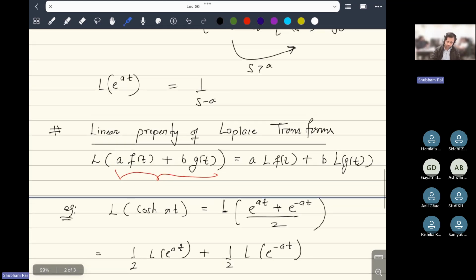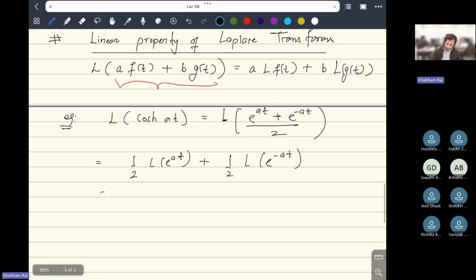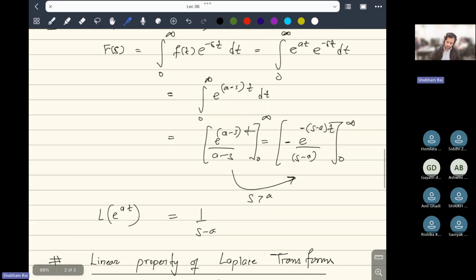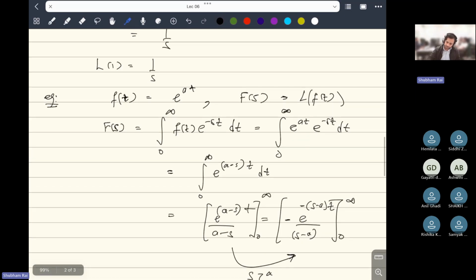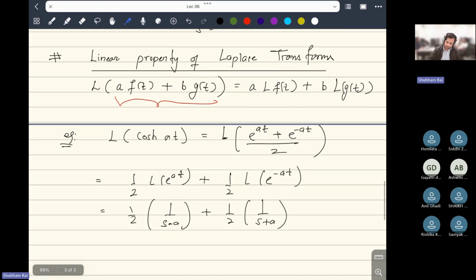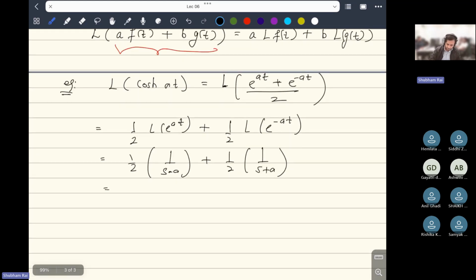We have just found out what the Laplace transform of e raised to the power at is. It is 1 over s minus a. So finally you will get 1 over s minus a. And the Laplace transform of e raised to the power minus at will be nothing but 1 over s plus a. You can try to find it out: because you have to replace a with minus a here, you just put e raised to the power minus at in this formula and then you will get 1 over s plus a. So finally, if you solve this, you will get